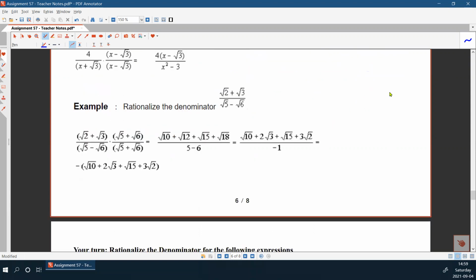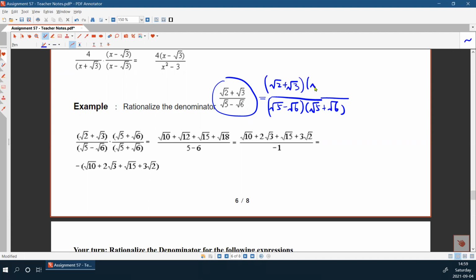Okay, now let's have a look at another example. For example, if we want to rationalize this expression. So note here, square root of 5 minus square root of 6 can be rationalized by multiplying by square root of 5 plus square root of 6, right? And remember, in order to keep the value the same as the original expression, you will also need to multiply the same number to the numerator. Okay, so by using this formula, the denominator is 5